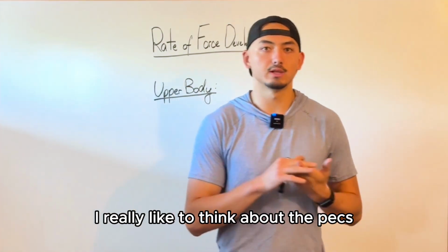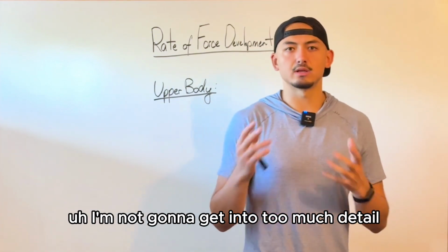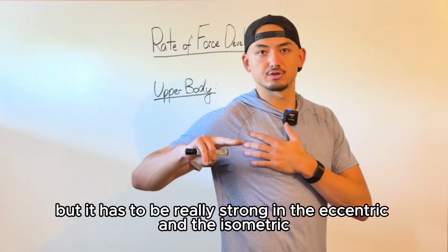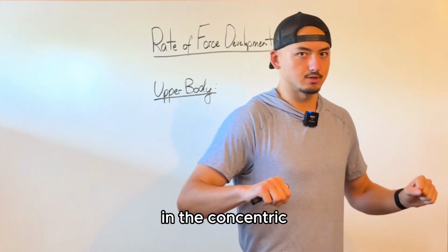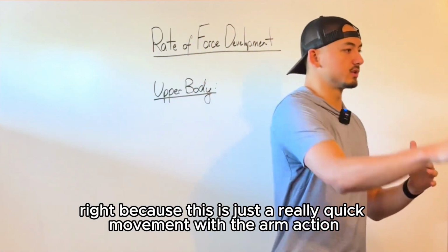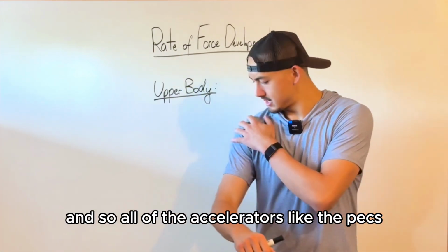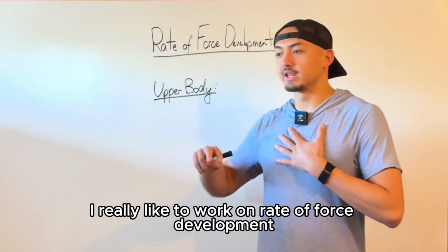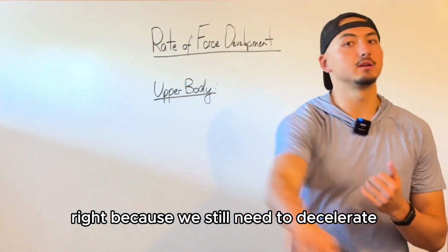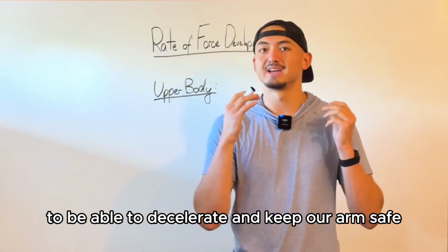The pecs, right? I really like to think about the pecs. I'm not going to get into too much detail, but they have to be really strong in the eccentric and the isometric. They don't have to be as strong in the concentric, but they do have to be really good at turning on really quickly, because this is a really quick movement with the arm action. So all of the accelerators, like the pecs and the front of the shoulder, I really like to work on rate of force development, and also the back of the upper body, because we still need to decelerate. It still has to produce a lot of force really quickly to decelerate